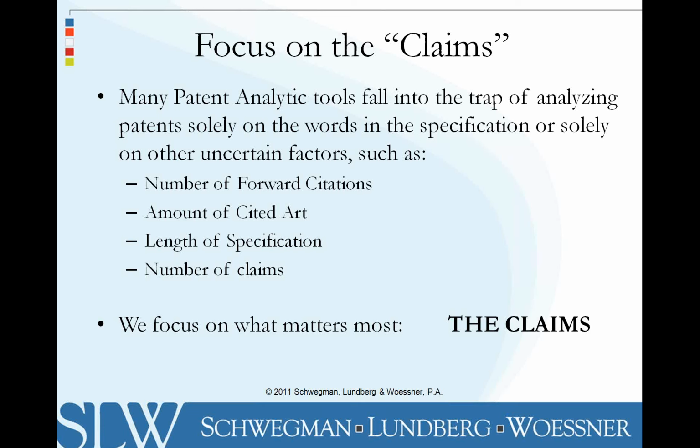And I've seen all these tools, and we've used all these tools in our landscaping exercises that focus on all of this ancillary information. And what we realized when we started developing this software was that all that we care about, what really matters when you're looking at a patent, is the claim language. Because as you all know, you can have the most beautifully crafted patent in the world, most elegantly simple and straightforward specification, the teaching is fantastic, but if it has one silly claim limitation, and doesn't have reissue or continuation opportunities, the patent's relatively worthless. And so we wanted to make sure that we focused on what really mattered in the patent, which is the claim language. And so what I'll show you right now,